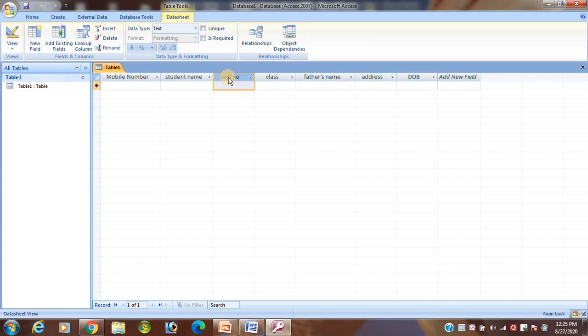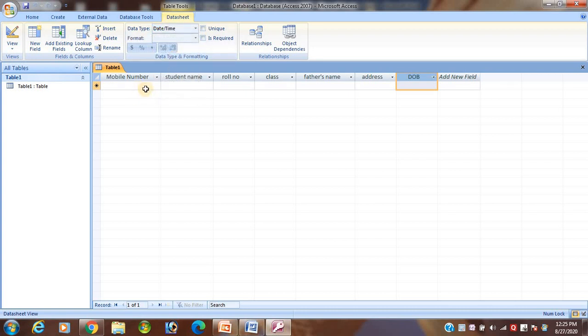Okay, roll number does not contain only text, so specify number. Class, the value you are given is called a Roman letter, that means text, so you should give text. Father's name also text, address also text, date of birth data type is date and time.